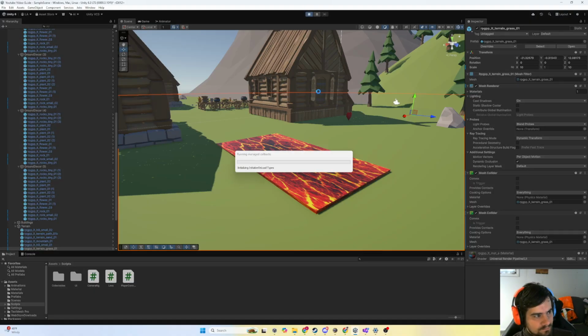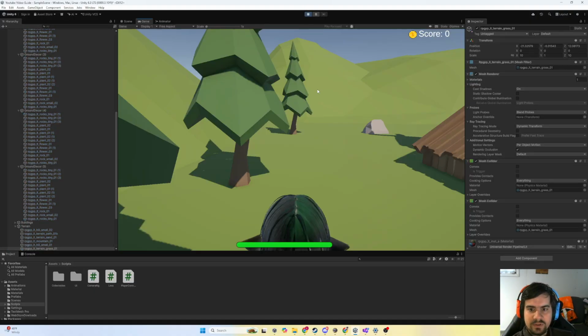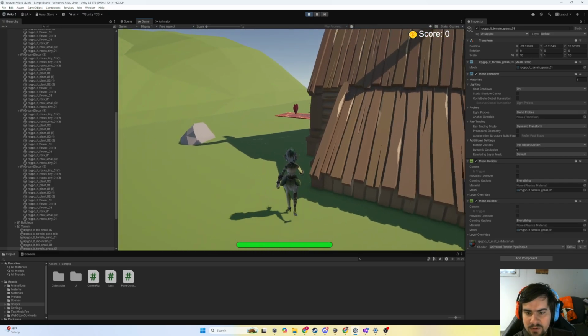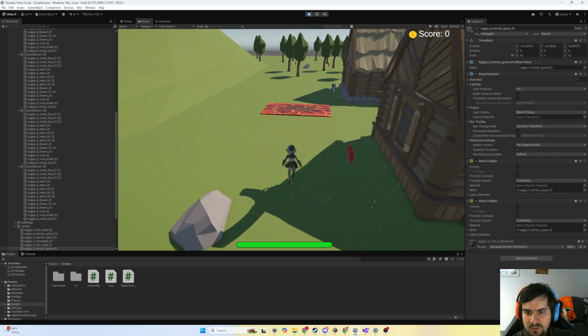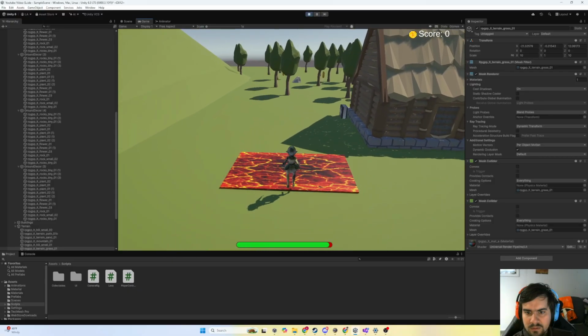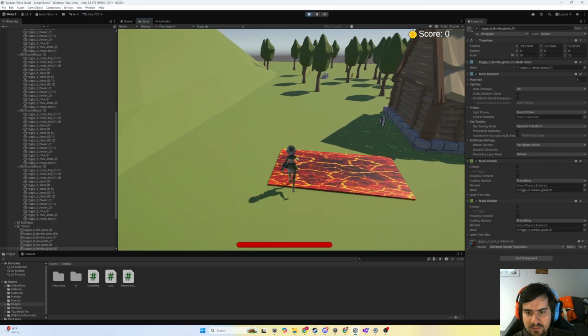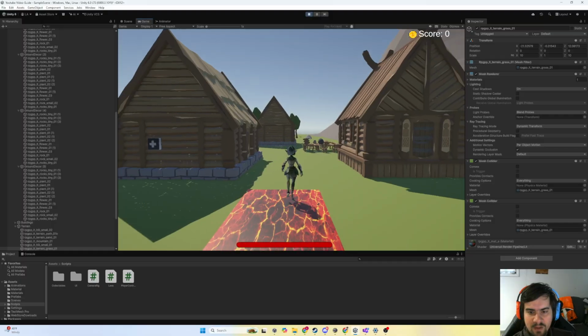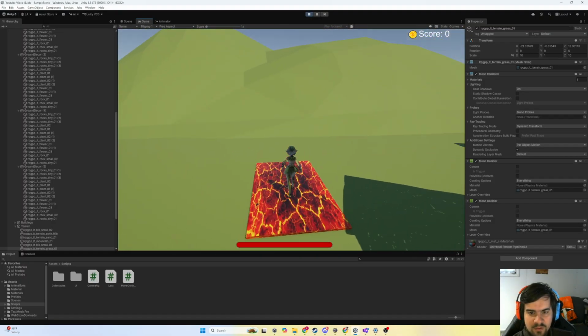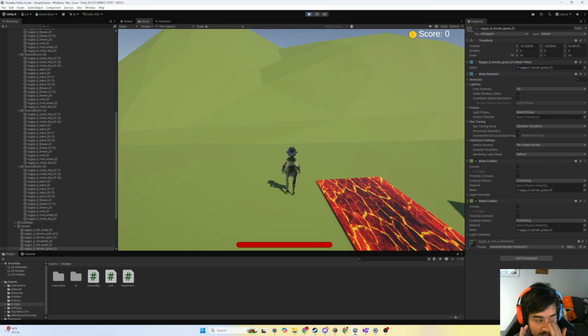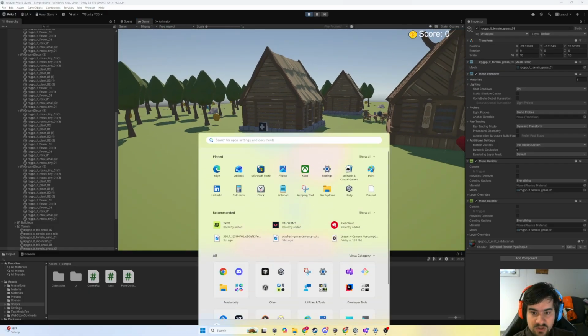Let's test it. Let's see if this lava works. So I walk over. That works beautifully. That works perfectly. Now, the only problem we have is that when my health goes to 0, there's nothing that really happens when my health goes to 0. So we need to add